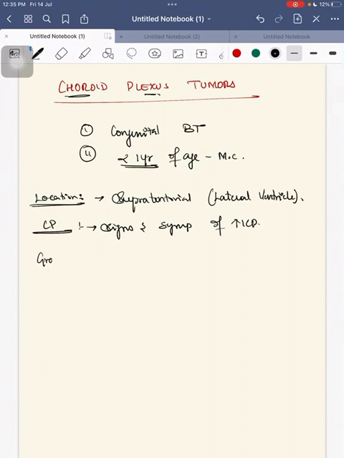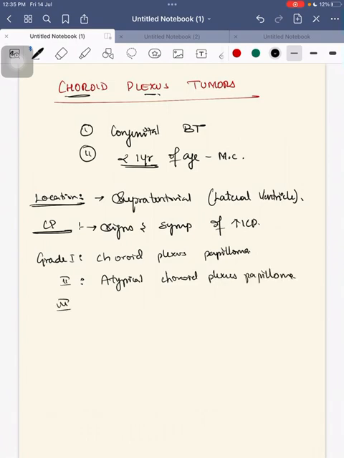Next we will see its grading. Grade 1 is choroid plexus papilloma. Grade 2 is atypical choroid plexus papilloma. Grade 3 will be choroid plexus carcinoma. I am not going into the detail of grade 1, grade 2 and grade 3. In grade 1, this is the